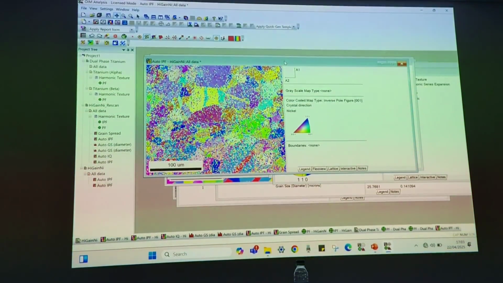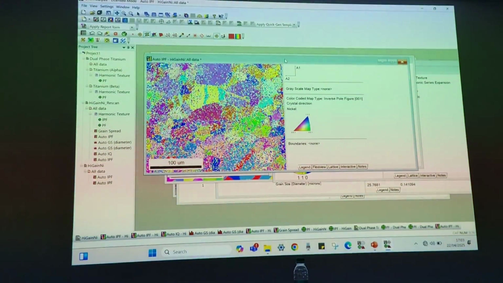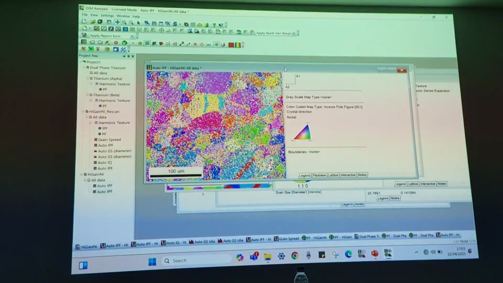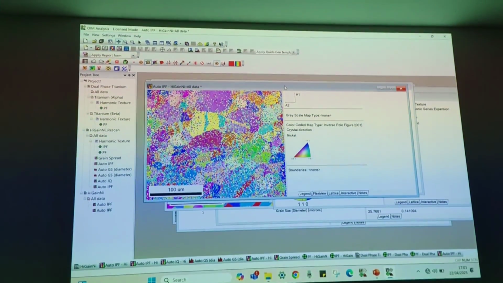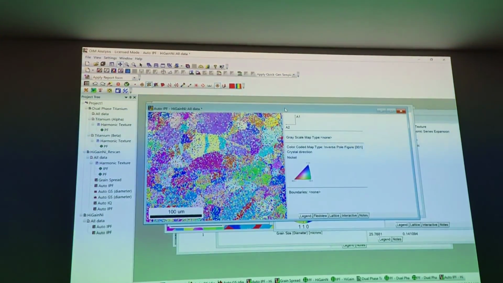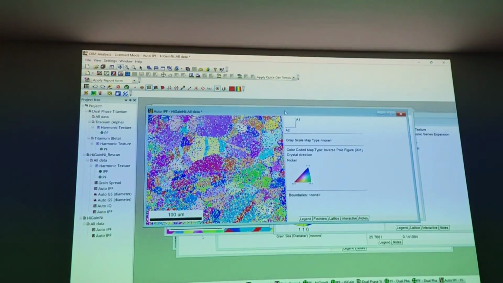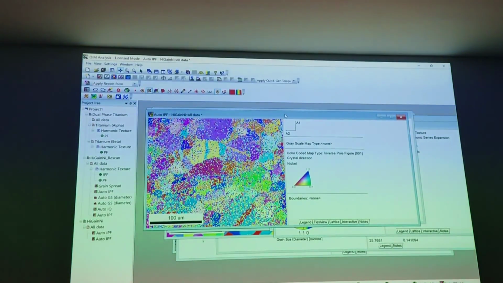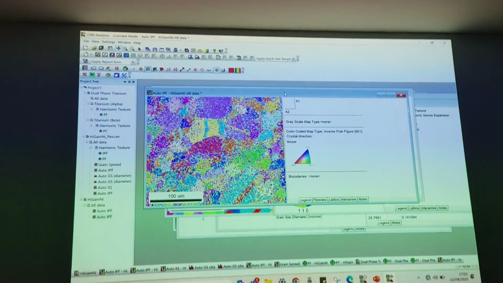The sample will be rotated in three directions. No. Whatever texture data you are generating from EBSD is basically a micro texture. For bulk texture, you have to perform another experiment with XRD. Same sample you can take to XRD and then you can measure bulk texture.